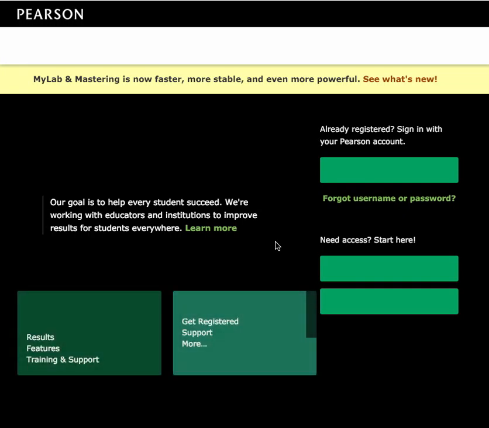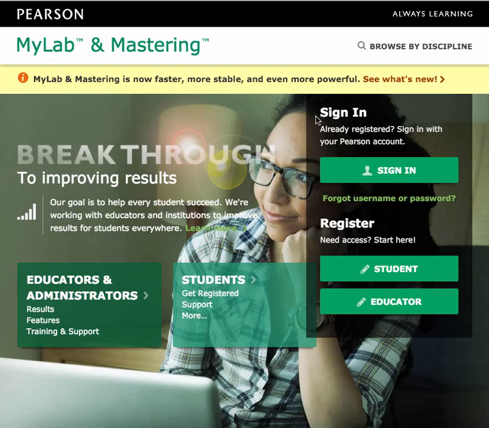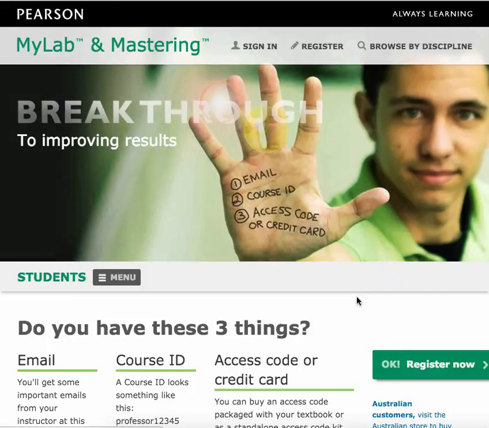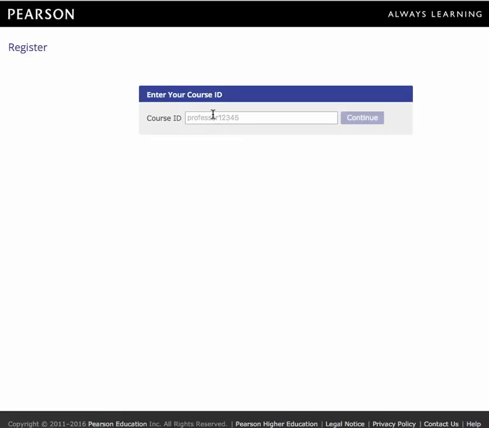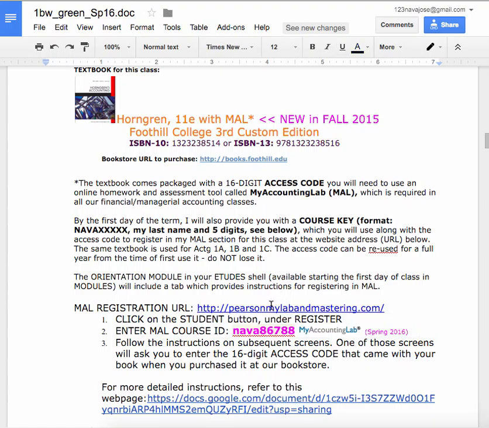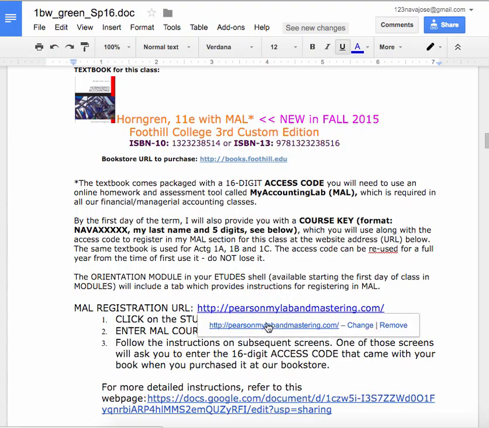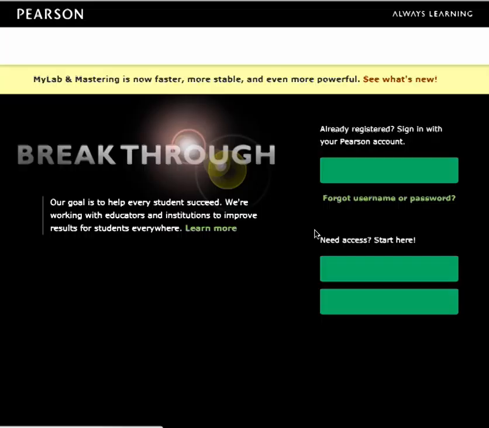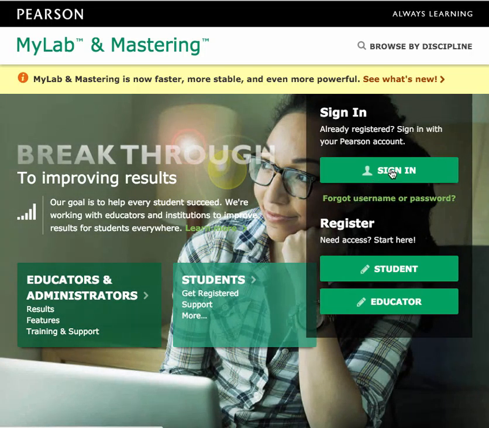So you click on that link to get to this testing tool that we use, MAL, and if you haven't done it yet already, you come to register and you will actually click OK, register now, and here's where you enter your course ID and follow the process. They will ask you for your access code if it's your first time, and you'll be in. Now, if you already have an account with them, then you probably do not have to use that initial registration process. You simply just log in,